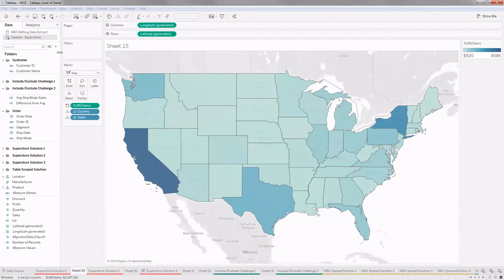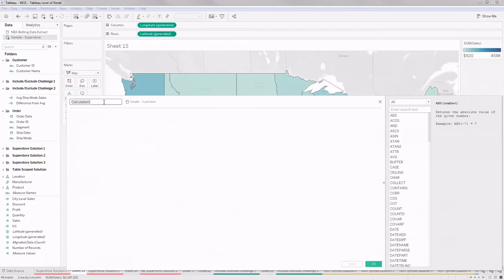So therefore we'll give state and city. I'll click OK, and I'll create another calculation on top of that earlier calculation. So I need to get maximum city sales. Now I need to perform this calculation at the state level. For every state, I need one city.